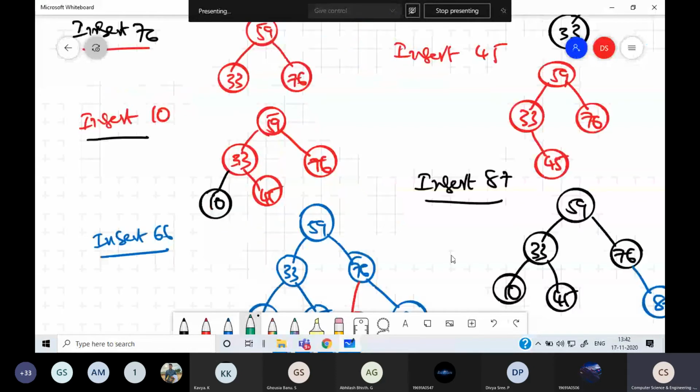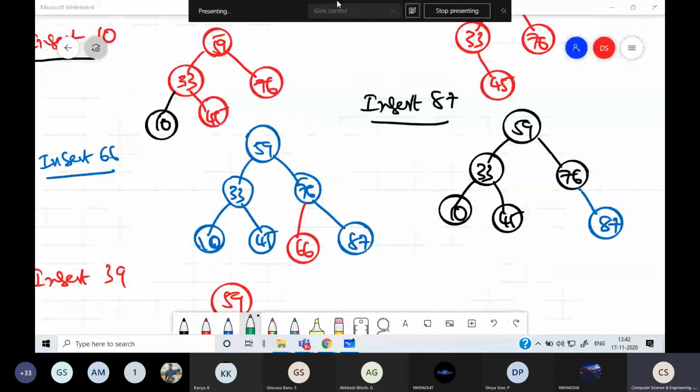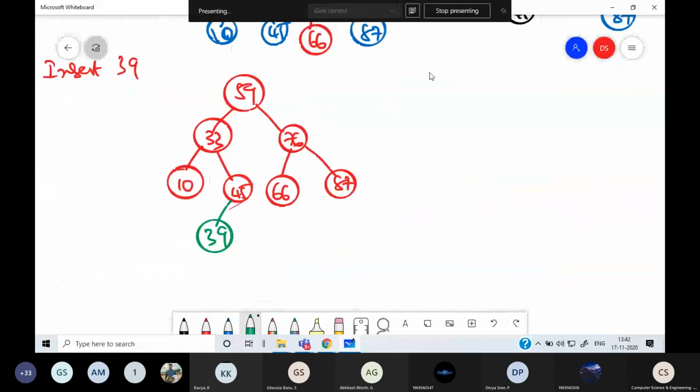Now the next is 45. So take the tree: 59, 33, 76, 10, 45, 66, 87.